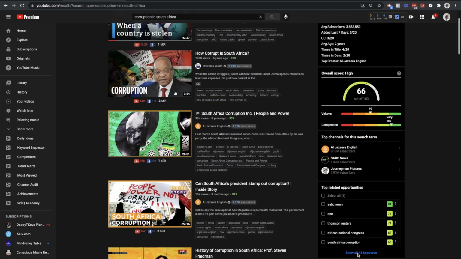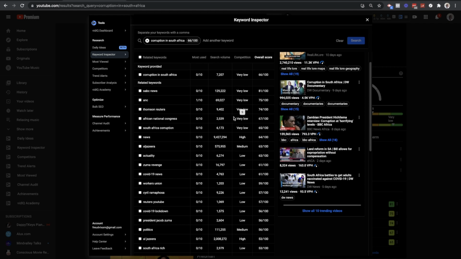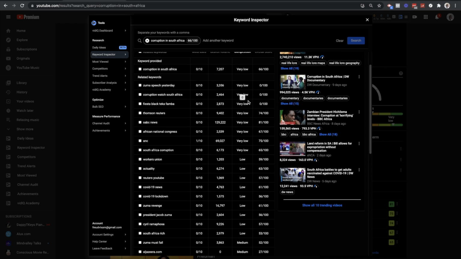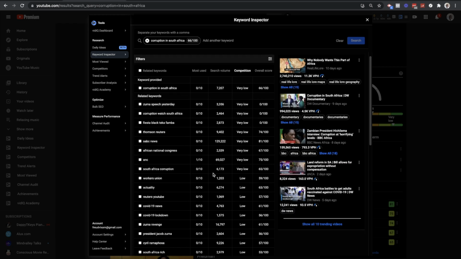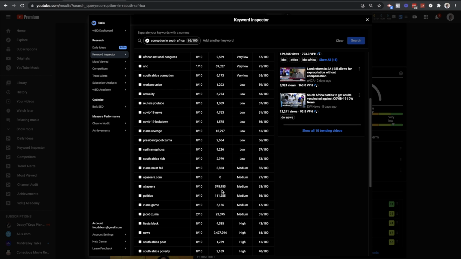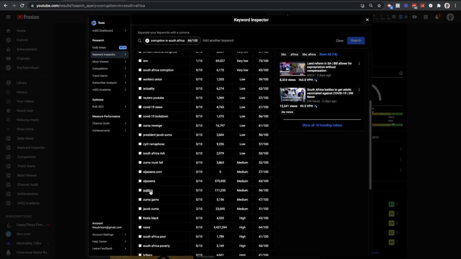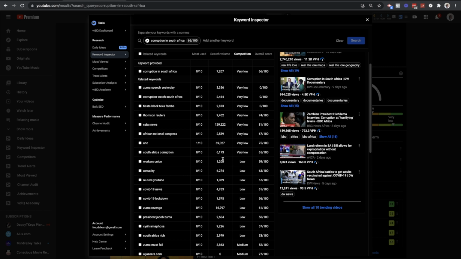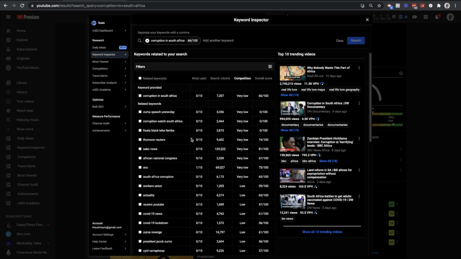Corruption in South Africa. Let me see if there's any similar keyword. South Africa corruption. Let's filter this. Always filter by very low to show you the very low and low ones first. Yeah, so I'll do a video on corruption in South Africa, and those keywords will also be added to my tags and everything, which we're going to be discussing in the future in optimization. So there I have a video on South Africa corruption,